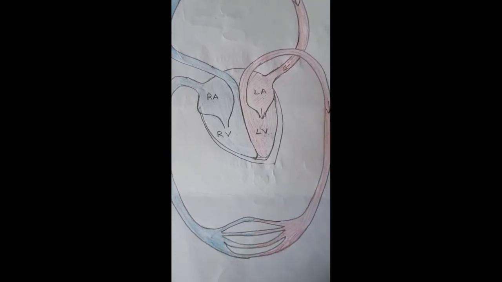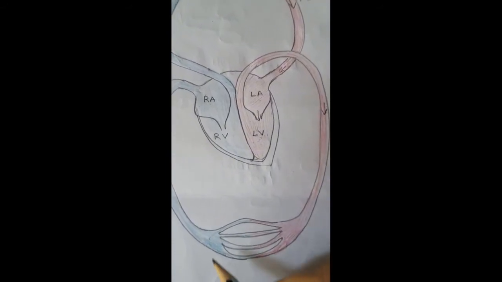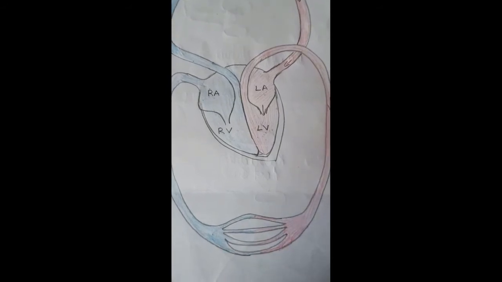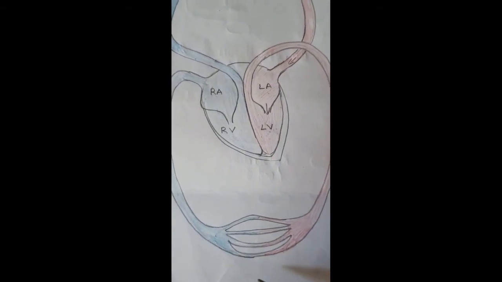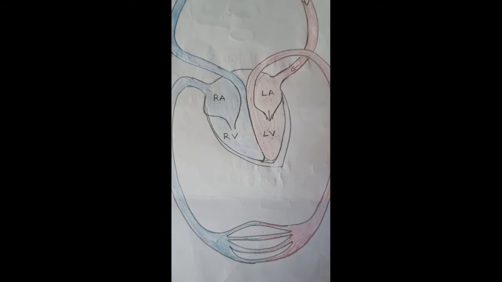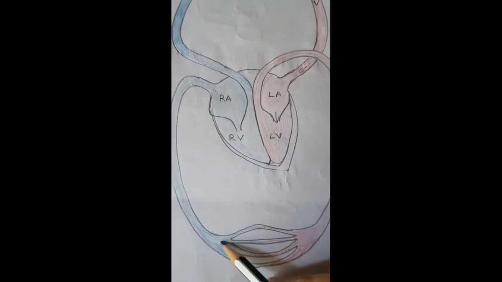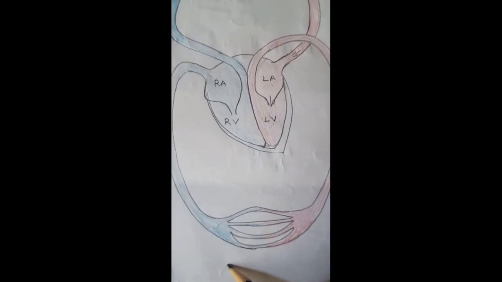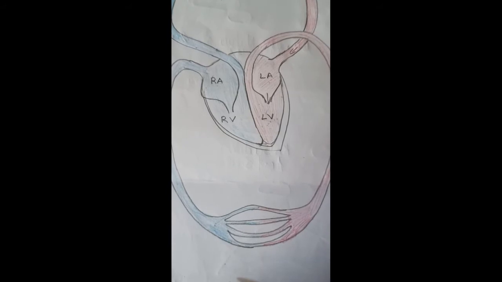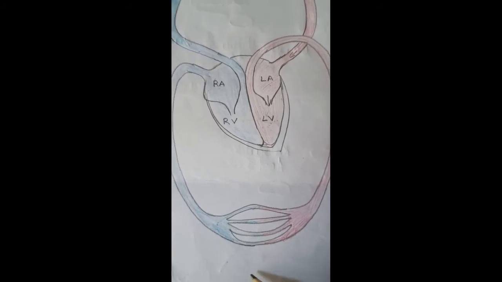Like this many veins will be there. This is one of the body parts. Like that from all the body parts veins will be collecting the carbon dioxide rich blood. And veins will rejoin. So here one vein. Like that here will be another vein, from our legs another vein, from the kidney another vein. Like this it will be there.